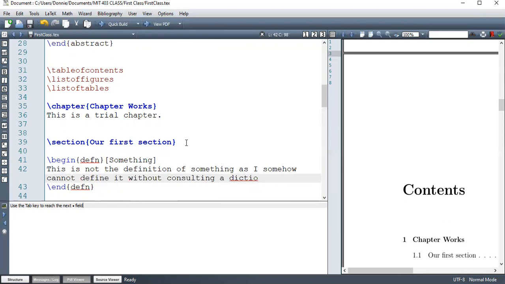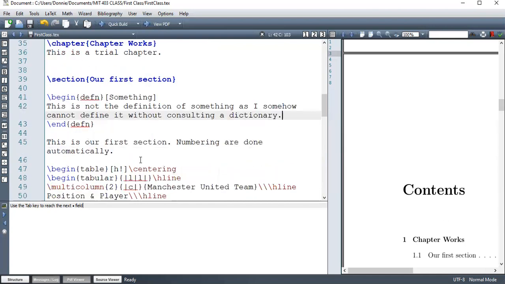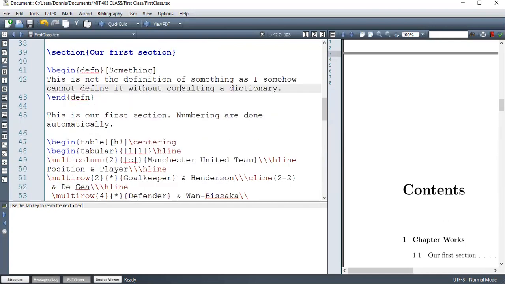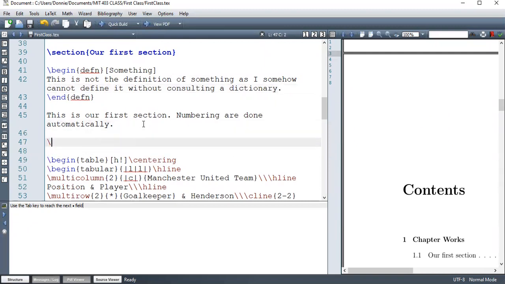So that's my definition of something. Assume that is my definition of something. And then here we're going to have begin